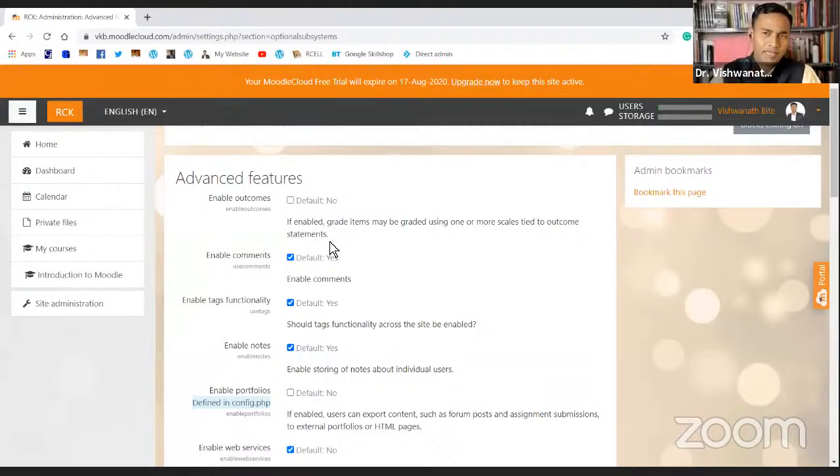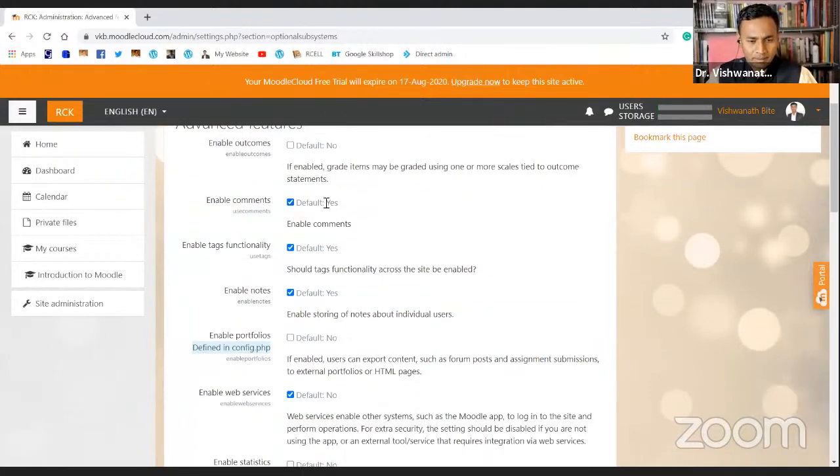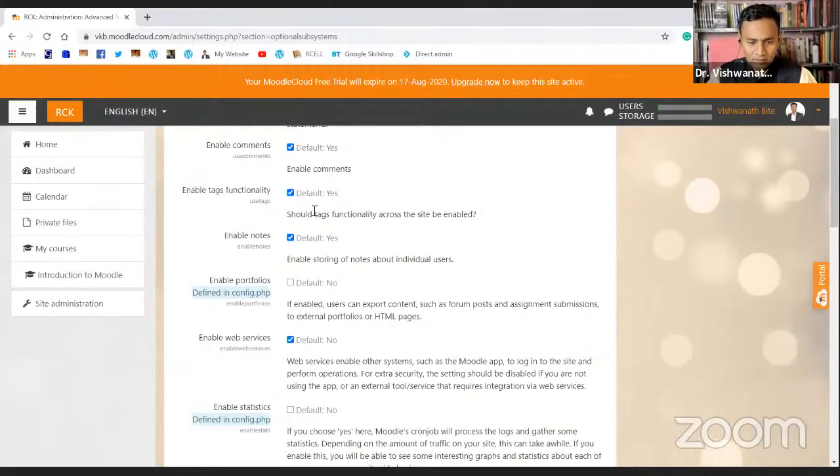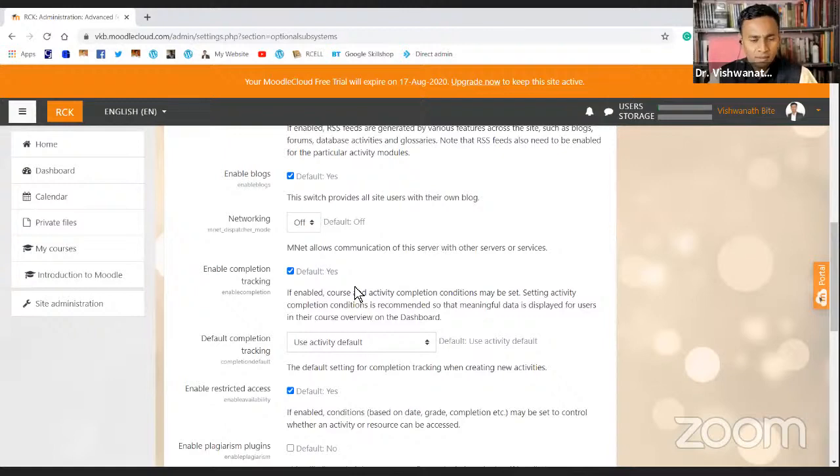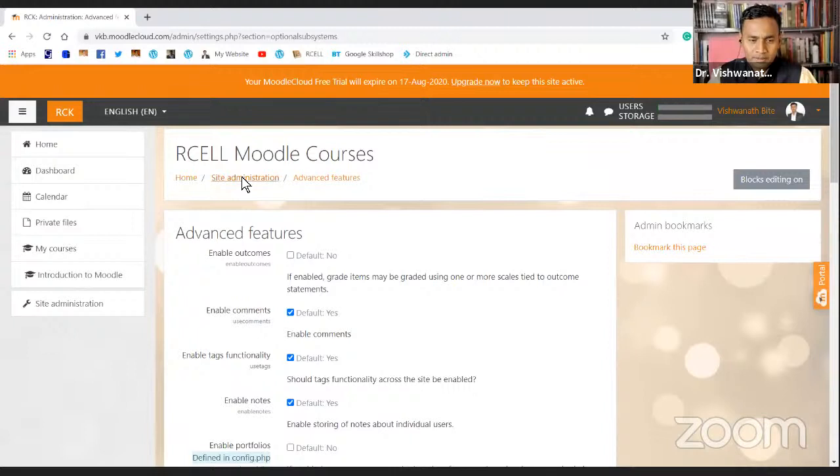You cannot completely automate the grading system here, but you can semi-automate by using the scale, so that assignments and grades are somehow, maybe what we can say, the teacher's work can be limited. Enable comments, yes, by default it's on. So just go through it, and whether you want that functionality or not, you can just select it from here. So these are the advanced features. We'll go back again.